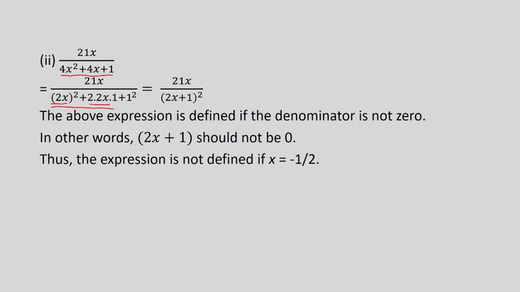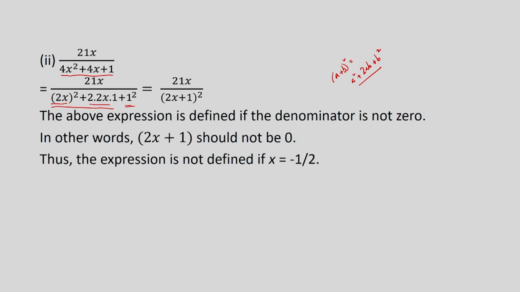The second term is 4x, and 4x can be written as 2 multiplied by 2x multiplied by 1, and the last term is 1, and 1 is nothing but 1 square. So, as we know, a plus b whole square is what? It is a square plus 2ab plus b square, just to make sure that people remember their high school mathematics,